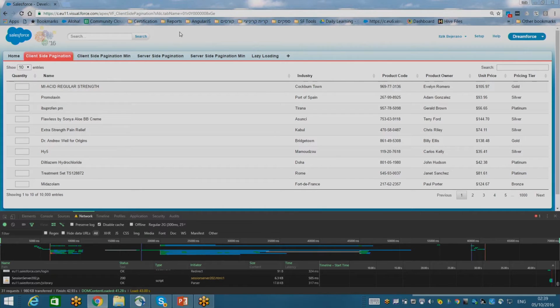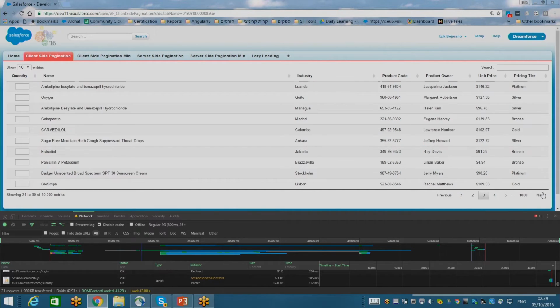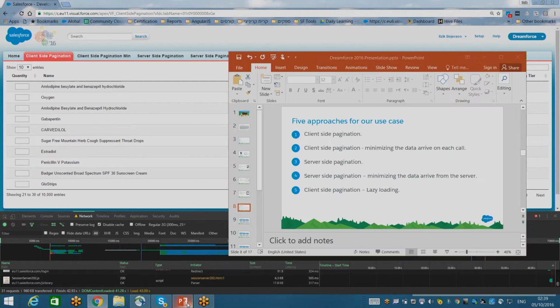So as we see, it took about 43 seconds. I'm not sure that you can see, but basically here, it says 43 seconds to load the page with this client-side pagination. But now, when we have all the data in our client side, each time that we move between the pages, it will be instant, and there will be no time that we need to go to the server to bring some more data. Okay? So to summarize this client-side pagination,